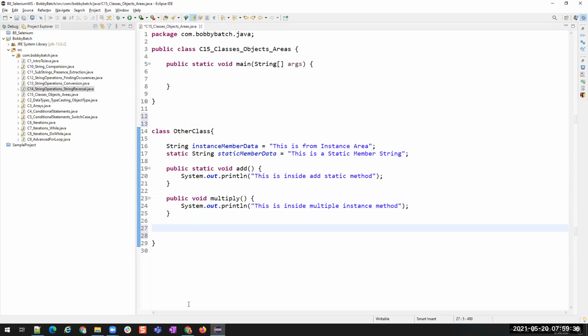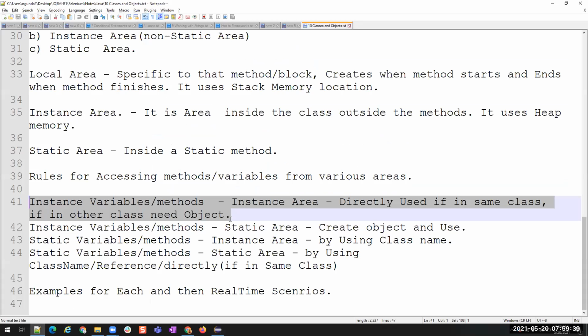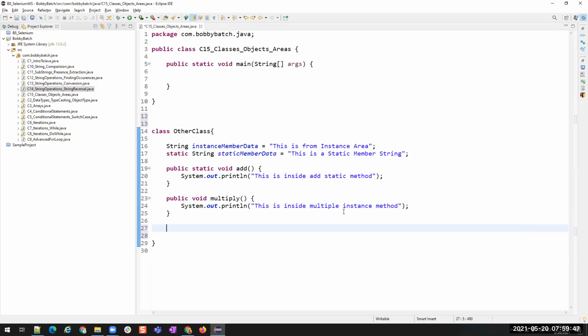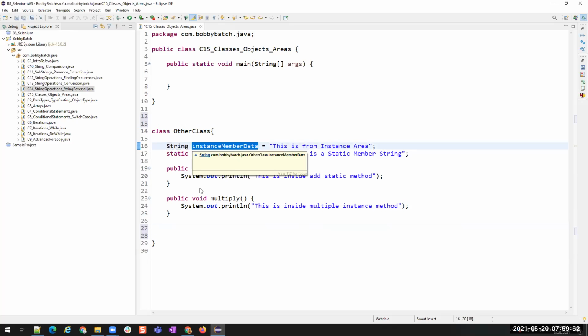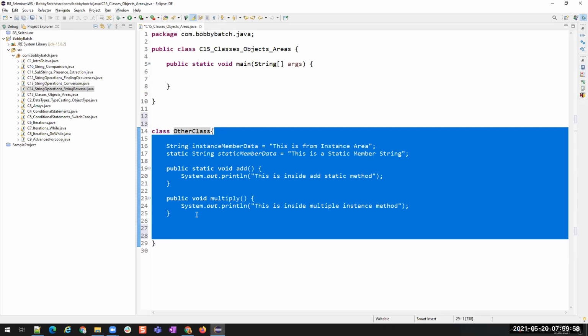All right. So the first example is accessing instance members or instance variables inside the instance area. Now this is an instance variable and this is an instance method, and both are present in the same class.